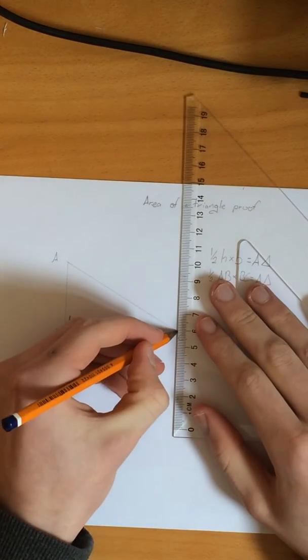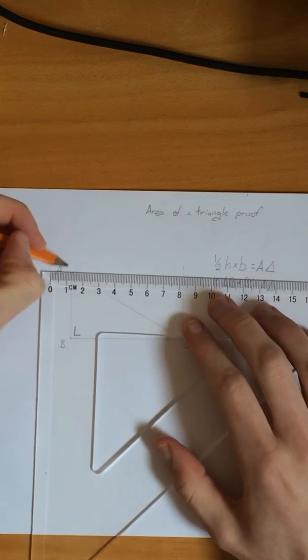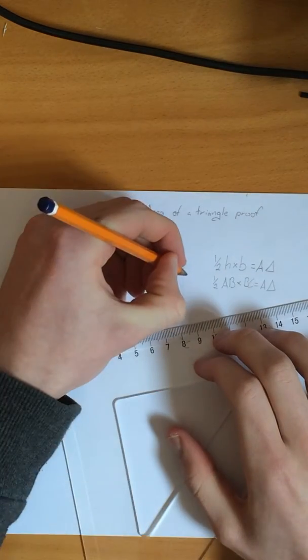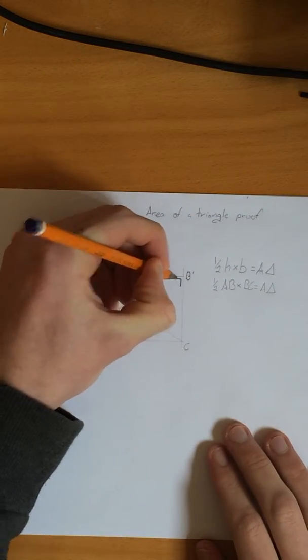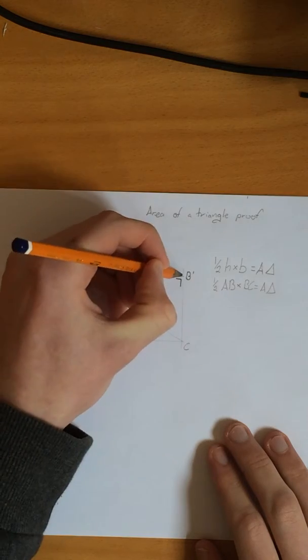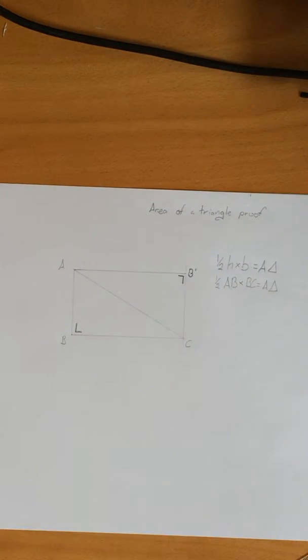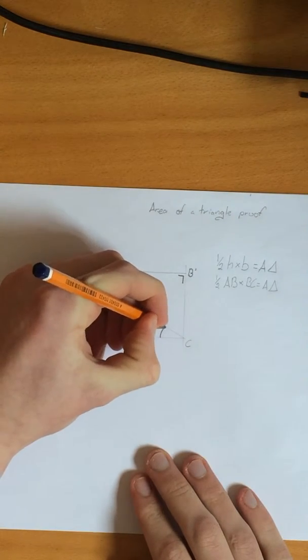So what we're really doing here is we're just going to flip around a triangle. So we'll call this point B dash, and as B is 90 degrees, B dash will also be 90 degrees. But what I'm going to do now is prove that this is actually a rectangle. So to do that, I'm going to call this angle 1,